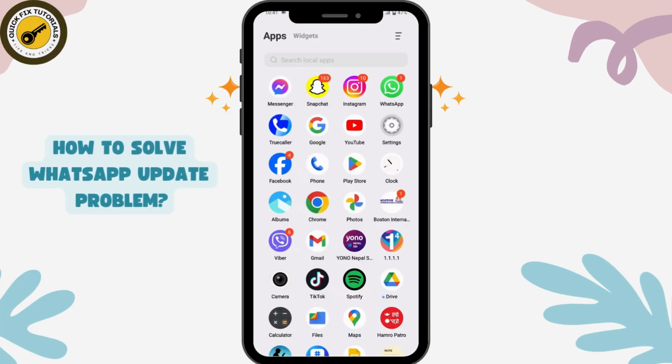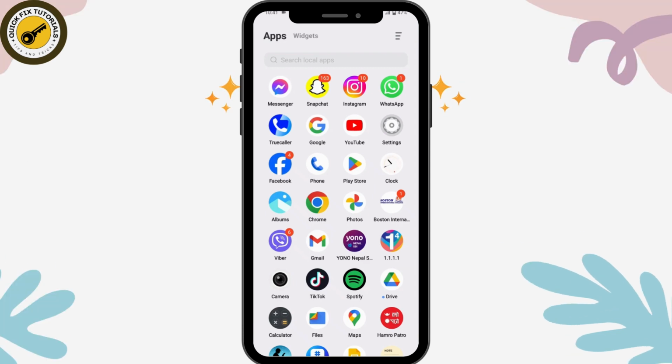How to solve WhatsApp update problem. So if you want to solve your WhatsApp update problem, like if you want to update your WhatsApp application, then